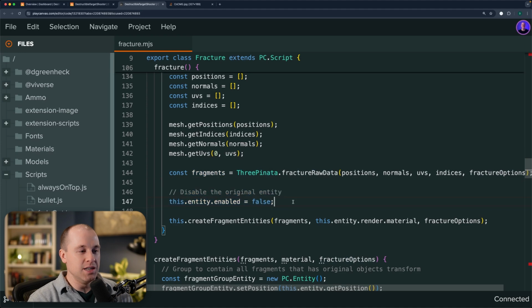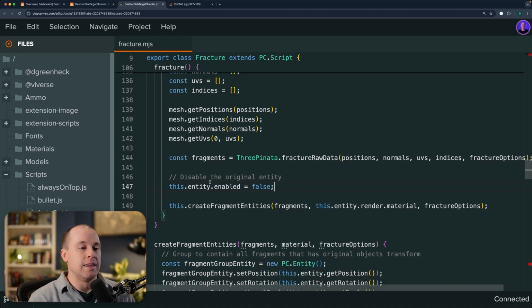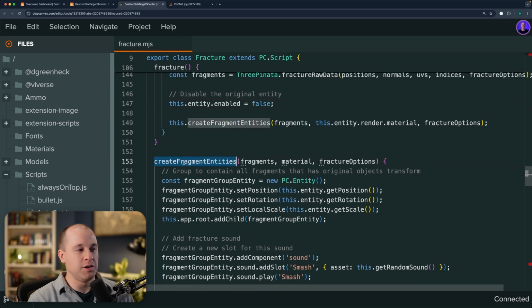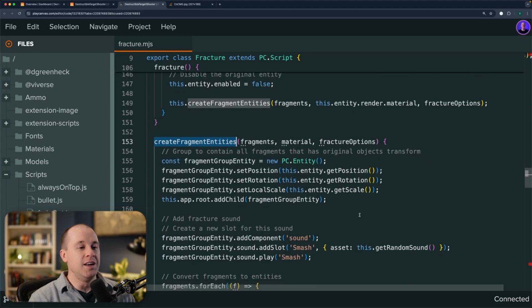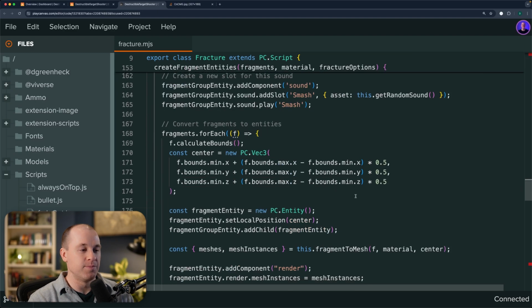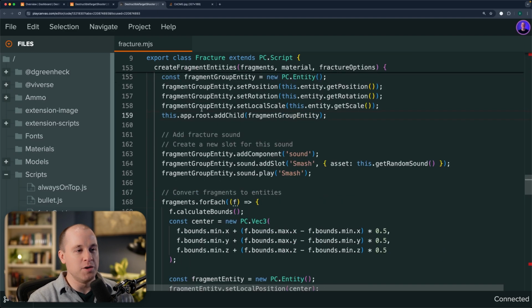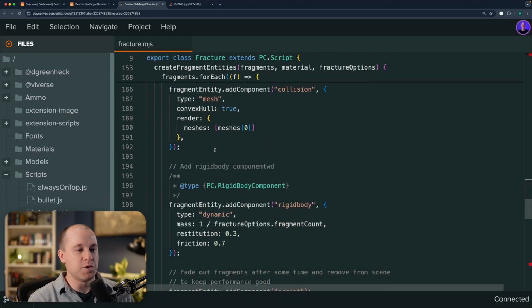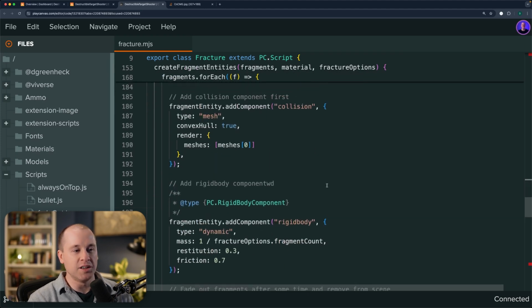We're disabling the entity that we're fracturing, and creating a bunch of new entities that are all the individual fragments. We take those fragments and pass them into this function, create fragment entities. Then we create all of those objects and add them to our scene. I'm not going to run through all this code. It gets quite complex, but basically it's just going through and creating all those entities, adding the collision, the rigid